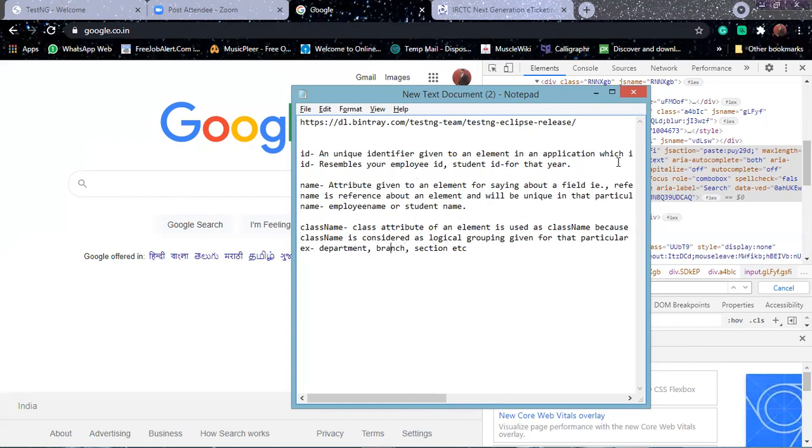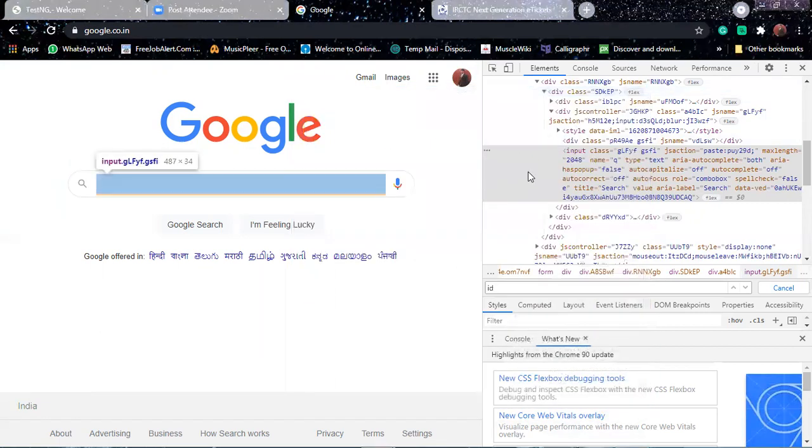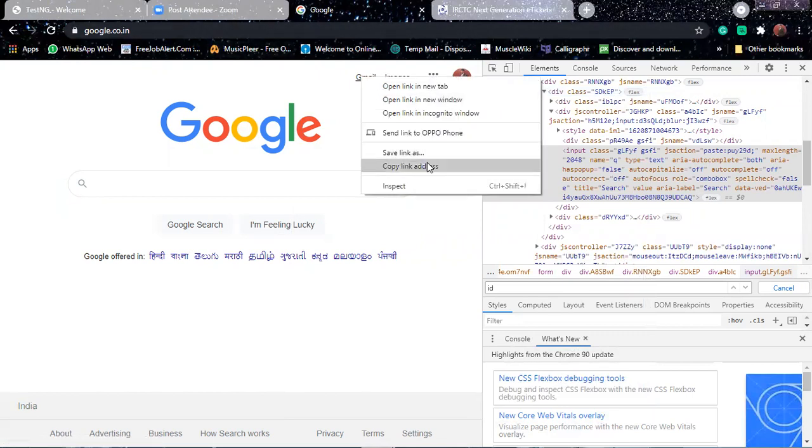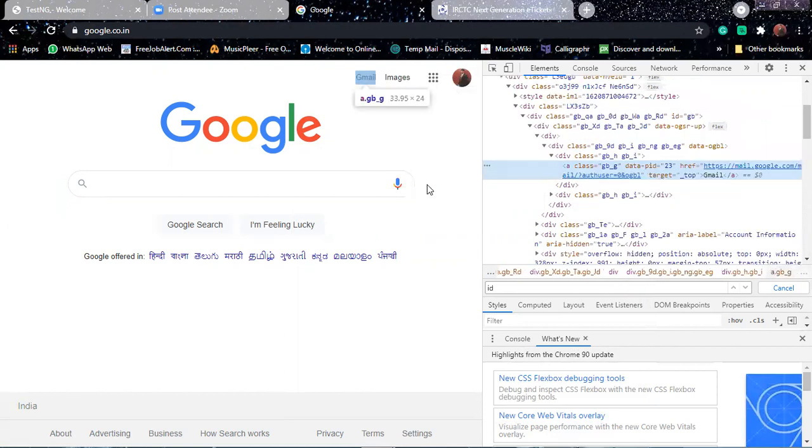If you go to the Google application, you can see the Gmail link at the top. Right click and inspect that. Here you have an anchor tag.